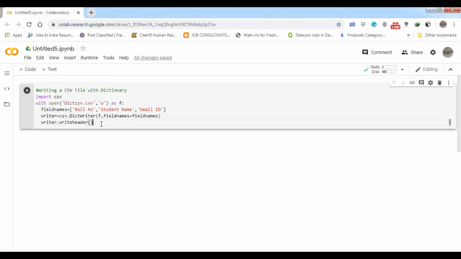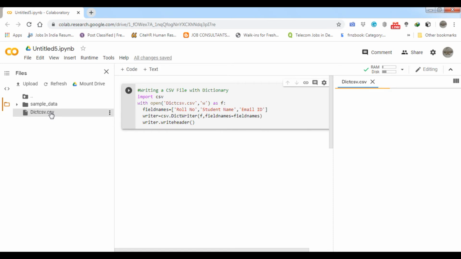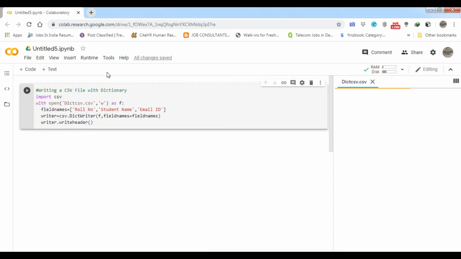Okay, so it means write header has written my file. Now you can see this particular file, it will open soon. You can see the header has been written: roll number, student name, email ID.